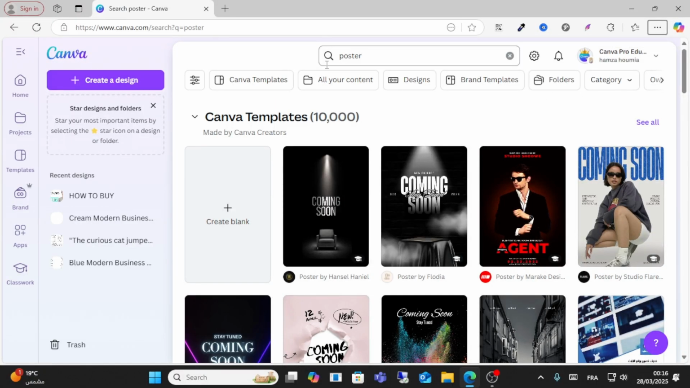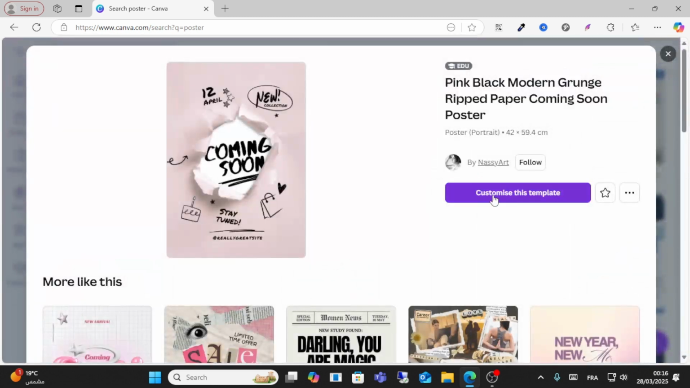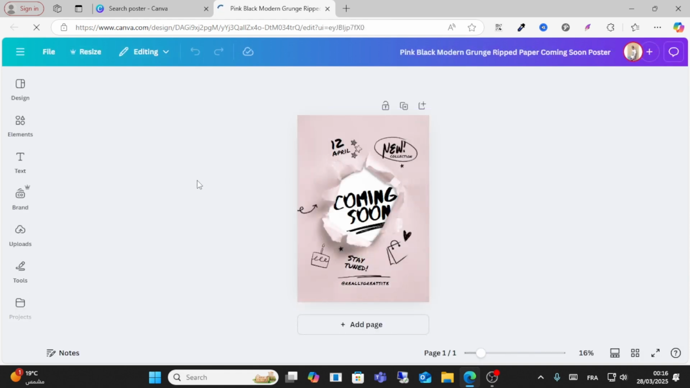Today I will show you how to change your poster size on Canva. So guys, open any random poster size, for example this one, and after that click customize this. After that guys, wait for this page to load, and all you have to do